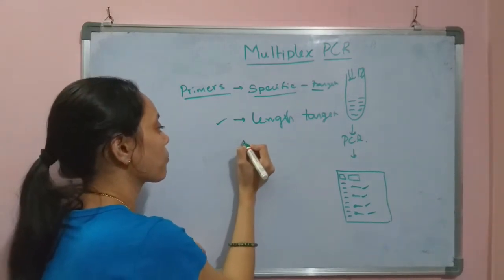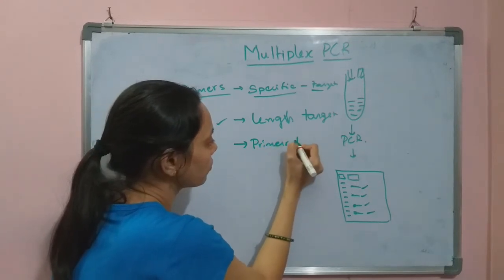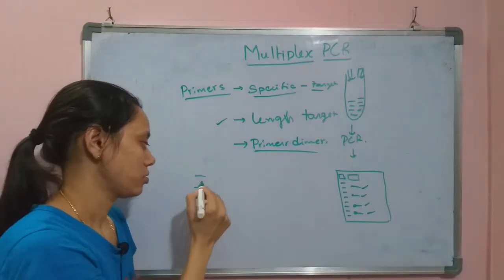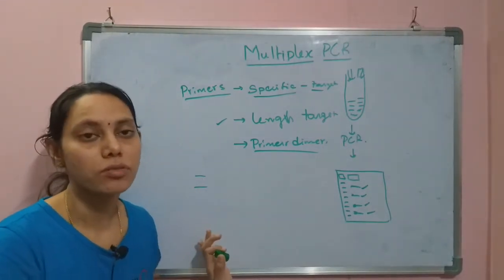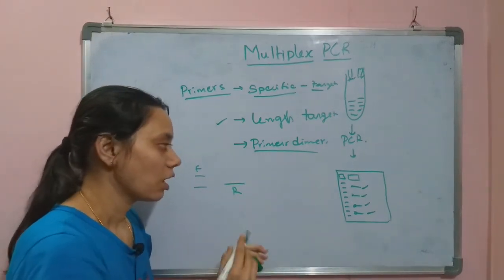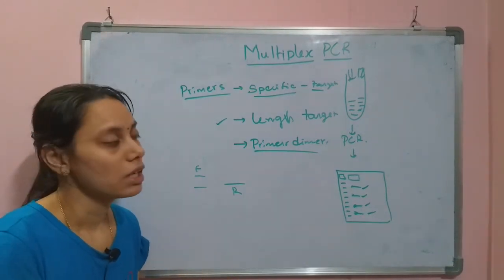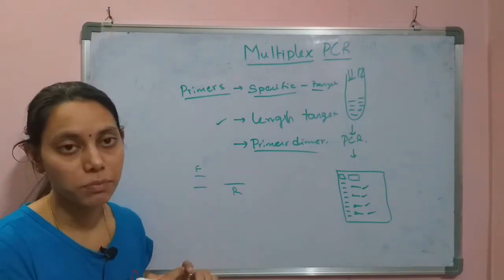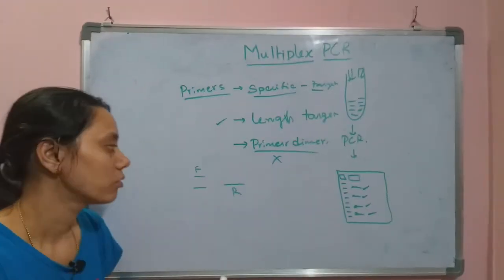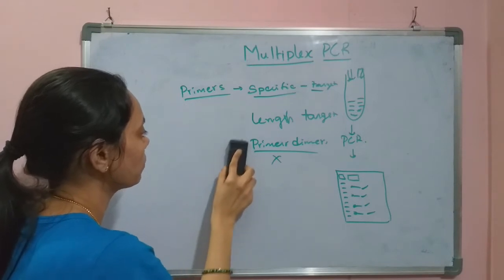And primer dimers. If two primers, maybe from the same set of primers, or maybe one forward primer is complementary to a reverse primer from another set, then what will happen? Primer dimers may be formed, and that collapses the reaction. And what else? The length of the target, specificity,